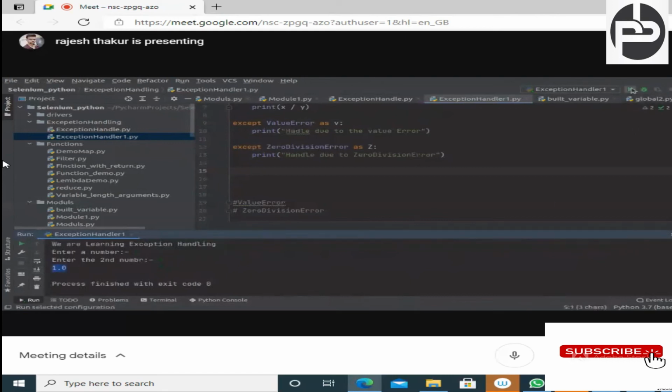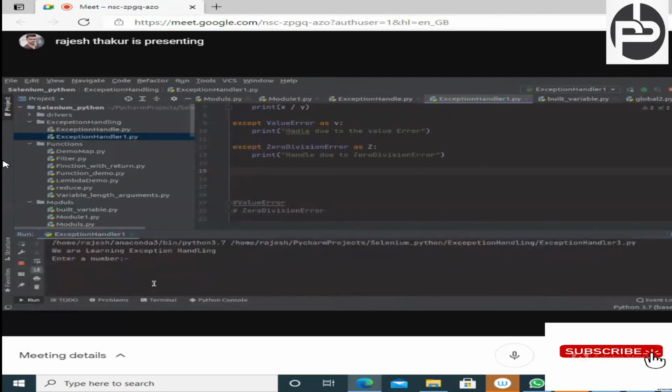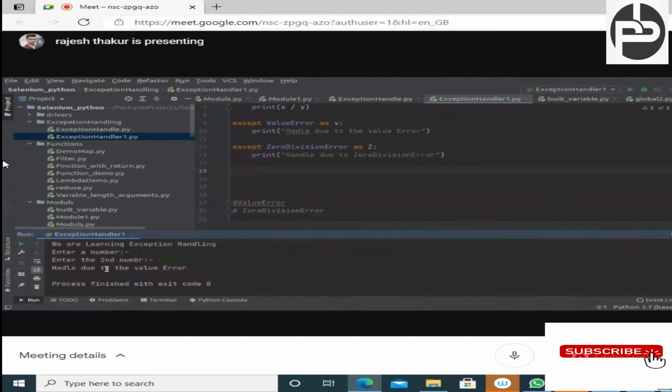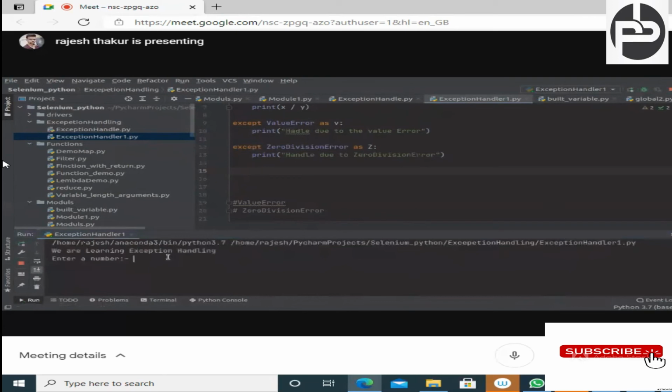Now once again let me execute this code, this time I pass 2 and for the other number I pass Rajesh. And see, handled due to the value error, means the code executed successfully and handled the value error.